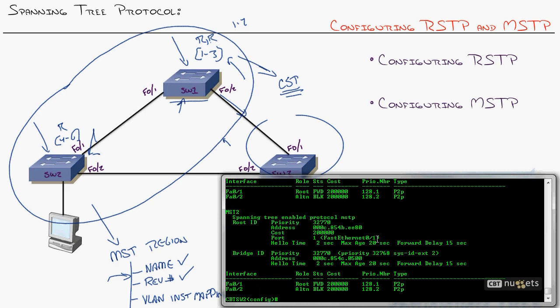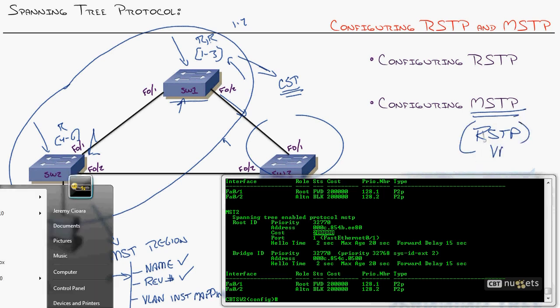So, also notice the cost change. What's up with 200,000? We went from 19 to 200,000. Why? Well, because the creators of multiple spanning tree, this is, by the way, the latest and greatest version of spanning tree, because it really is rapid spanning tree protocol that does the per VLAN-ness on an industry standard basis in a very, very